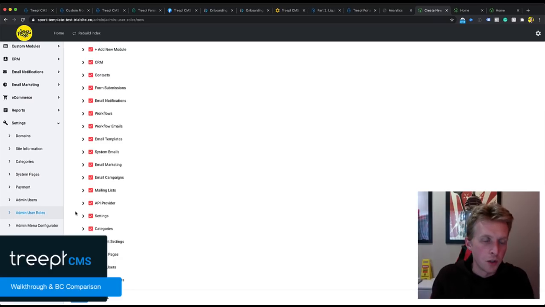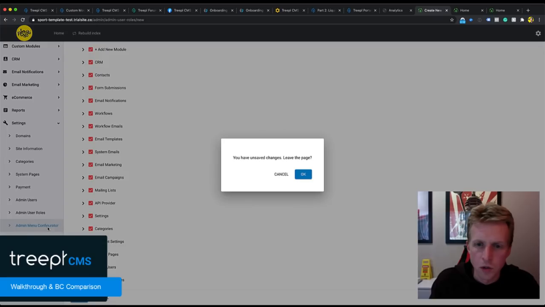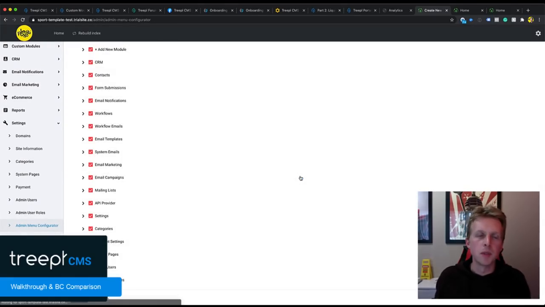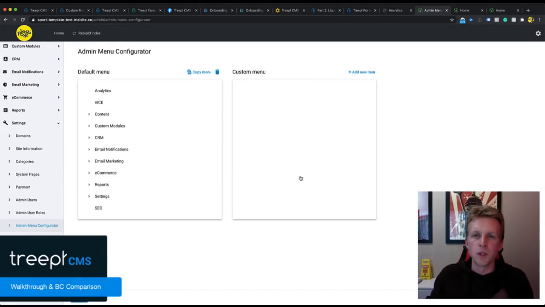And then further on customizing the admin for the people who are going to be working in it is the admin menu configurator. We had this principle in BC, if you were to get into the BC app side of things, where you can control parts of the admin menu. Well, here we have full control over the admin menu. You could completely strip it out if you wanted to. You can create just a copy of it and take one thing out, or you can even add your own links